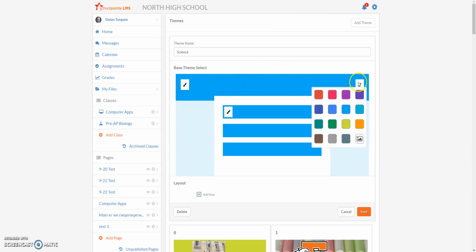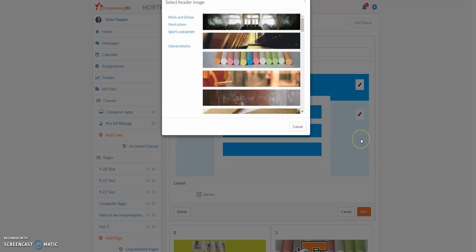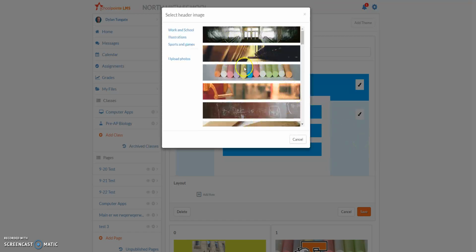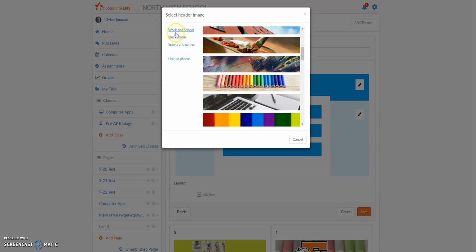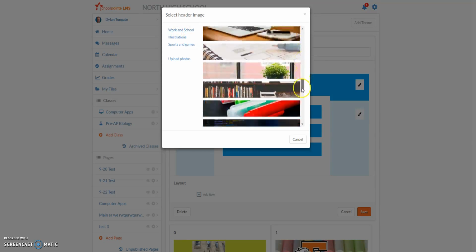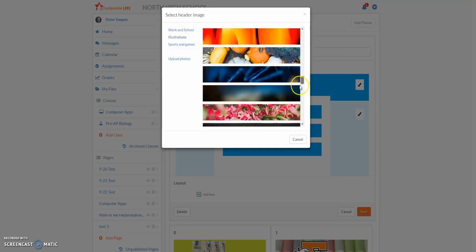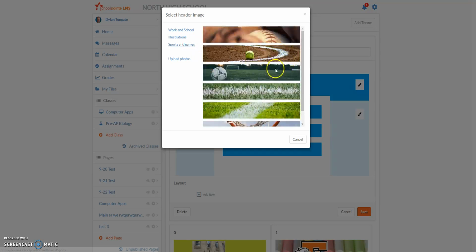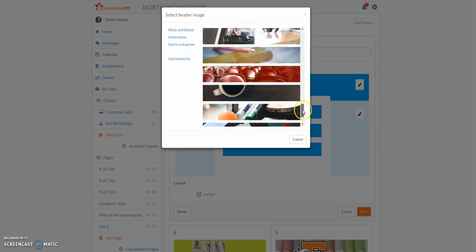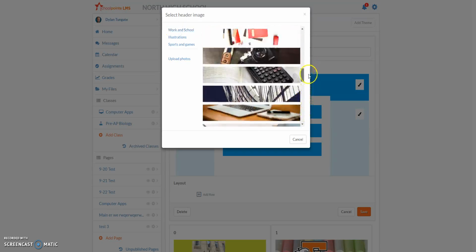I can change this background right here though. You see that I can either do a selection of colors, or if I want to do an image, I can do that as well. So I'm going to click on this image, and you see right here that we have some images that are already loaded in here, and they're broken down into different categories. So these are all of the work and school images, and then there is an illustrations category as well that you can go through here and select, and then there's a sports and games one as well. Or if you want to upload your own photo there, you can do that just by using the upload photos area. I'm going to go back to work and school, and since I am creating a science theme,